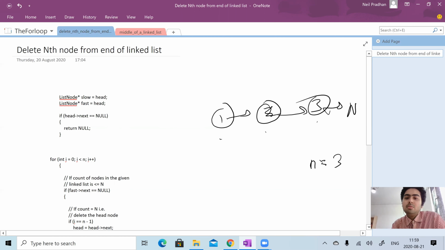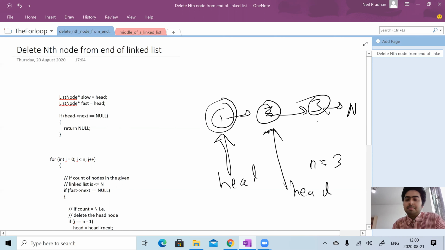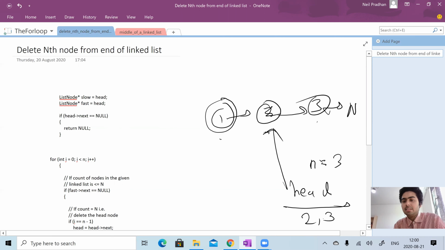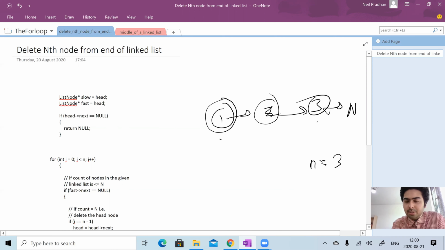Which means we want this one out, which is similar to saying that move the head pointer to next. Consider this as head. In the LeetCode main problem, they have written code where they move from left to right and publish. So if your head points here, it will publish 2 and 3. If your head points here, it will publish only 3. And if your head points to 1, it will publish only 1. Right? That is understood. So we need to create a system such that if we have to delete something here, then our head has to move, right?